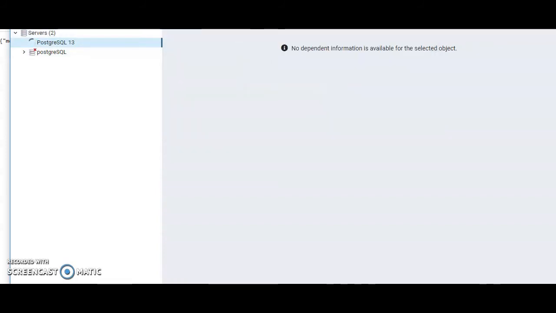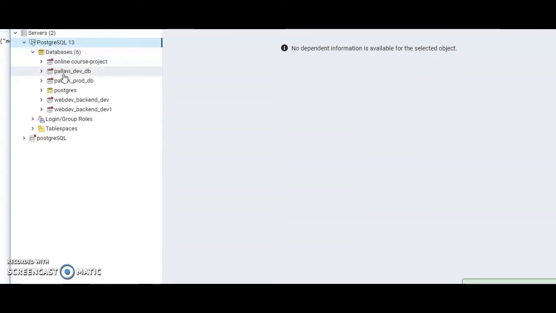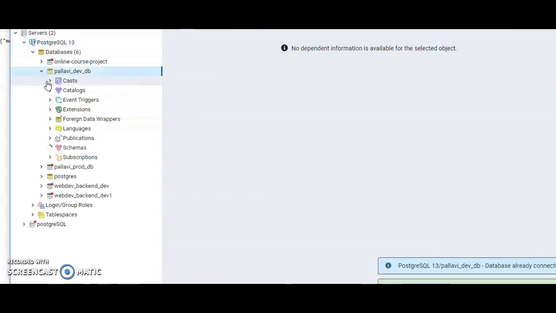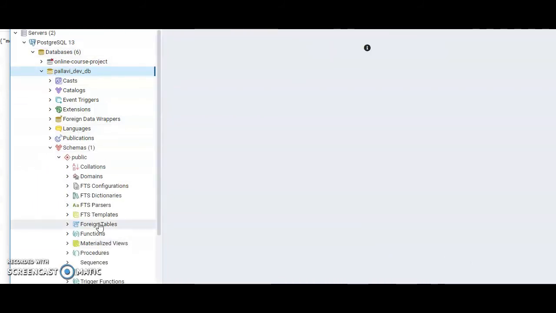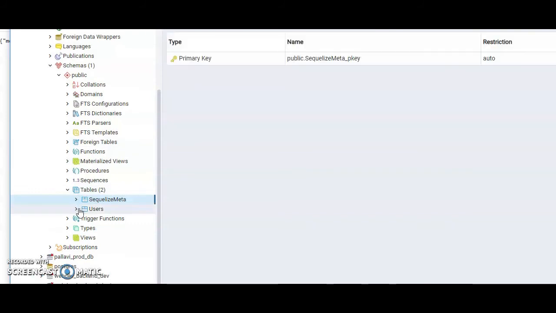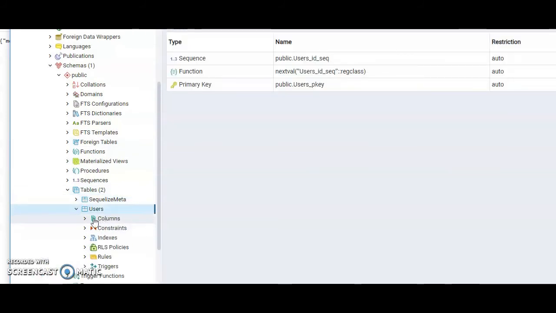So now you are about to see my development database, which is quite different from the one on the live server. Okay, so database, and yes, Pallavi dev database. This is the database I have been working on and will be working on for the next couple of days. Okay, and this is the user table, and these are all the columns that have been created.